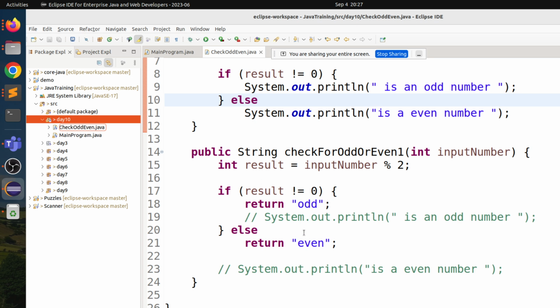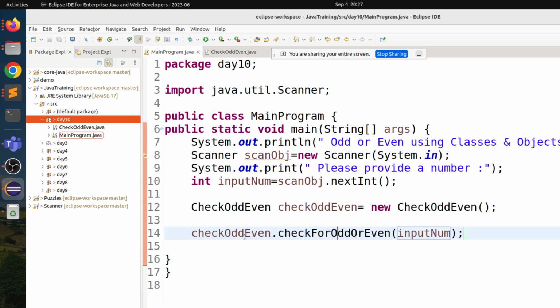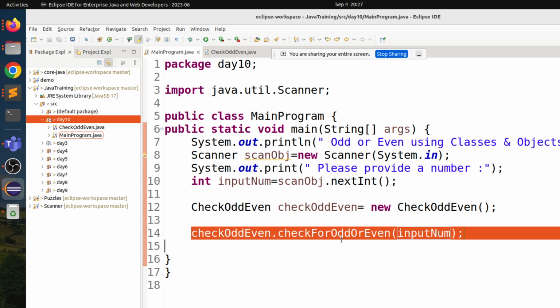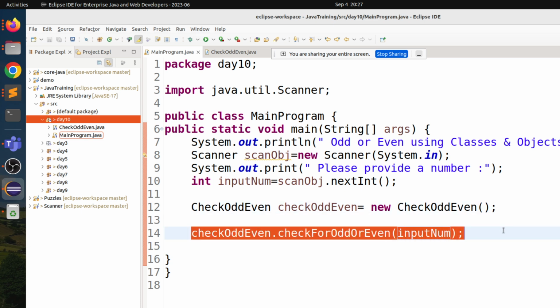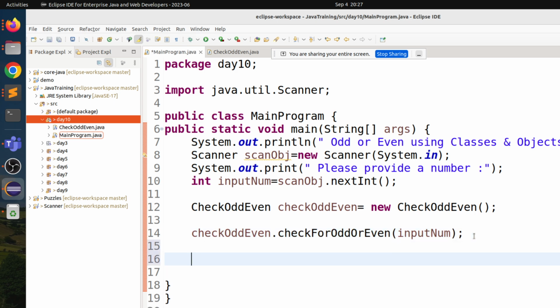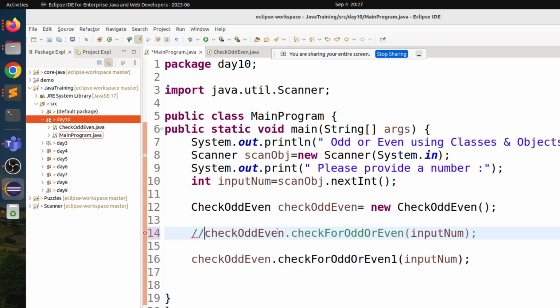I will return odd or even string, and here I will create an object of, no, I have the object already, right? Using the object, I will call the function 1. Now I will comment this out for clarity. So now if I run,